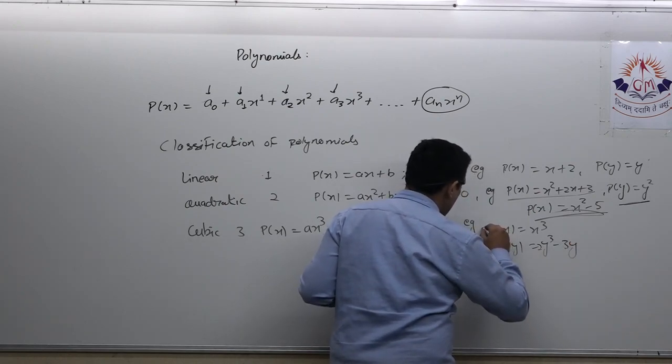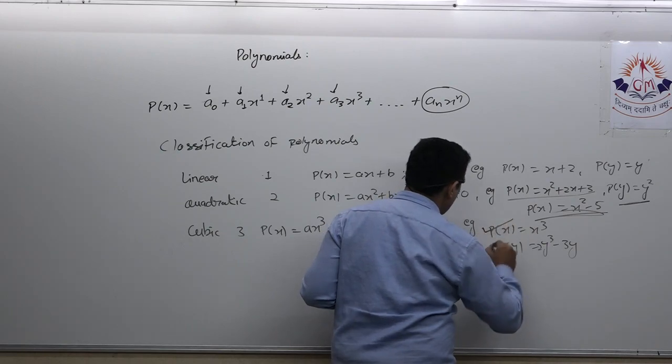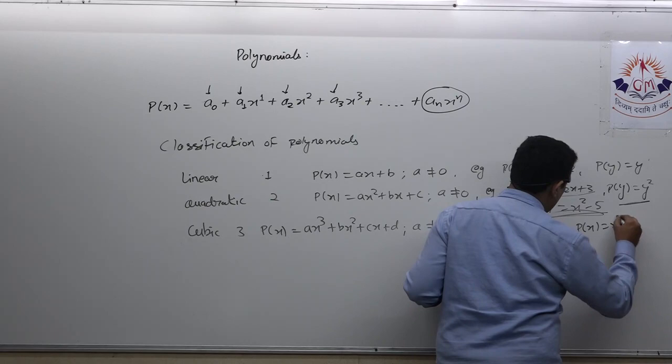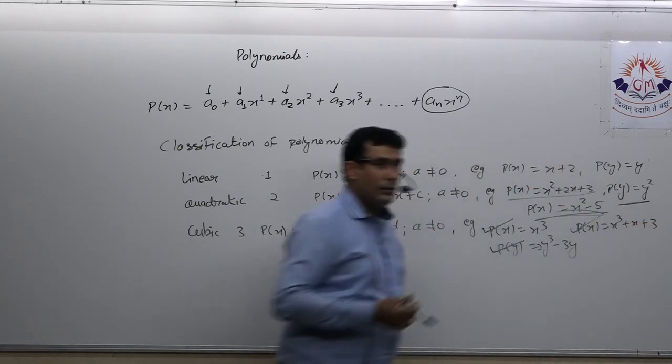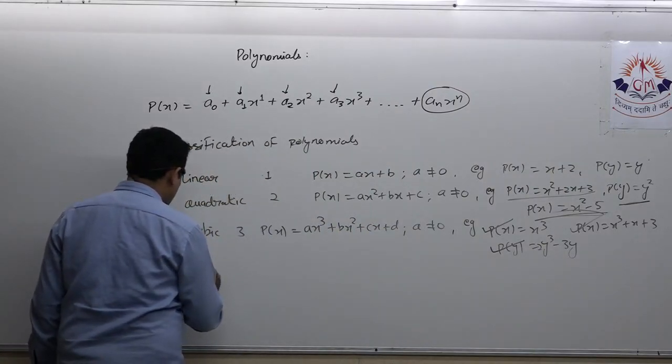This is a cubic monomial. This is a cubic binomial: P(x) is equal to x cube plus x plus 3. This is a cubic trinomial. So these are the examples of cubic polynomial. Then next is